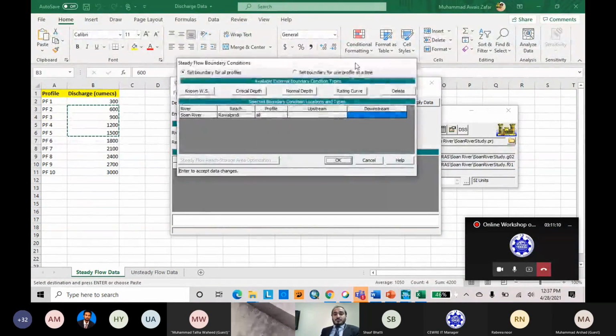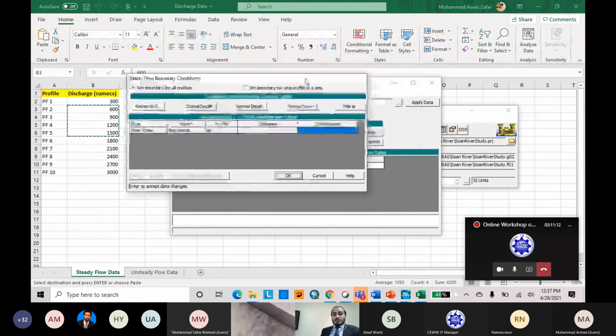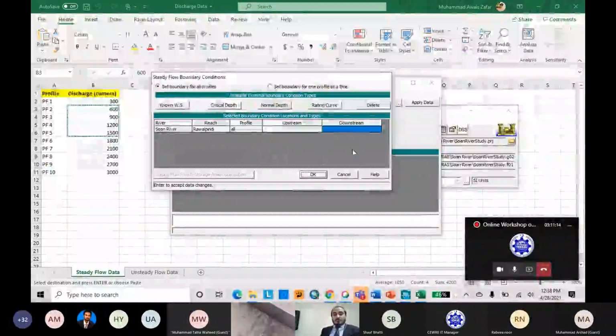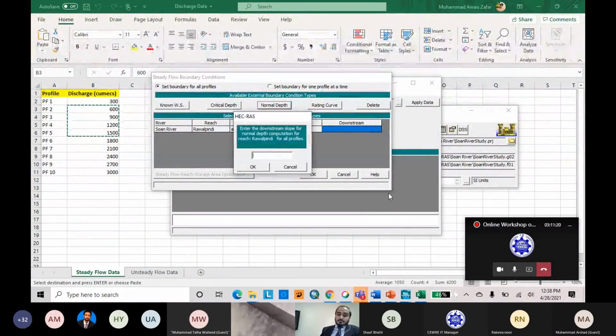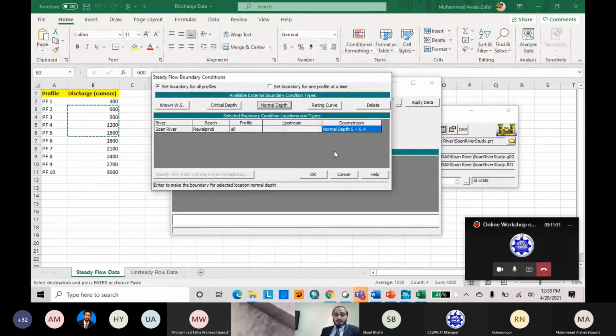The boundary condition will be specified according to your flow regime, either subcritical or supercritical. Here, subcritical is selected for our study reach for slope.